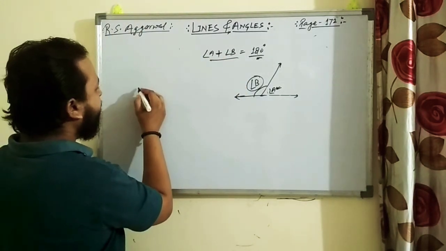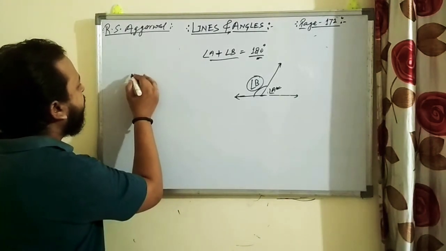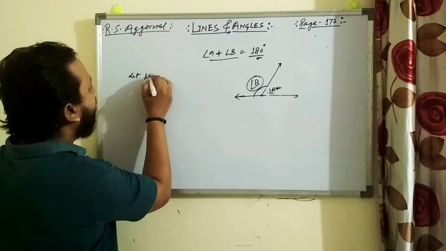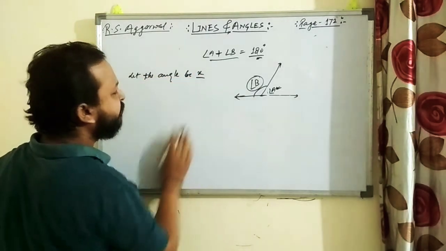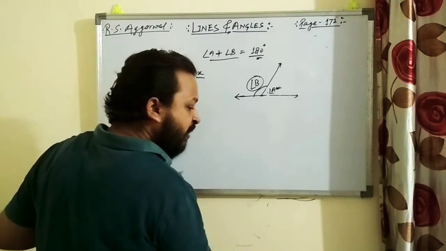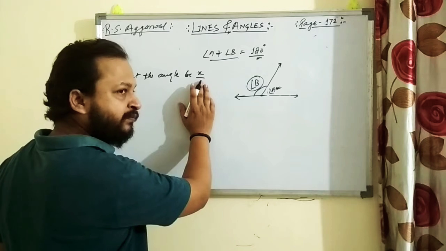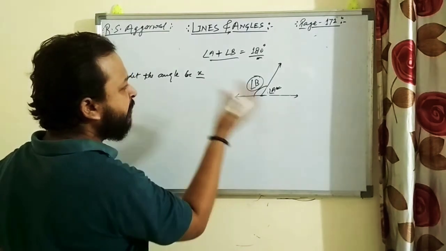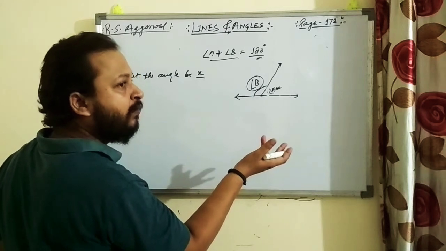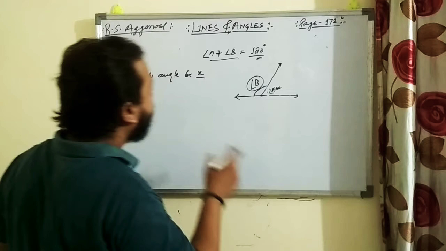So it is given as find the angle which is equal to its supplement. Suppose let the angle be x, right? And you have to find the angle which is equal to its supplement. So if this angle is x, it means the supplement must be equal to what? x. Means they both are equal, right?